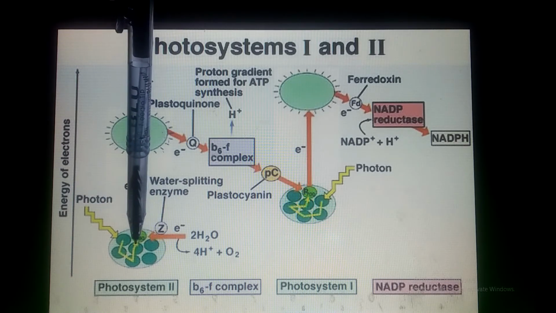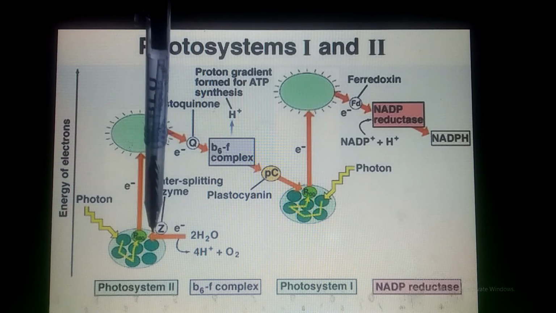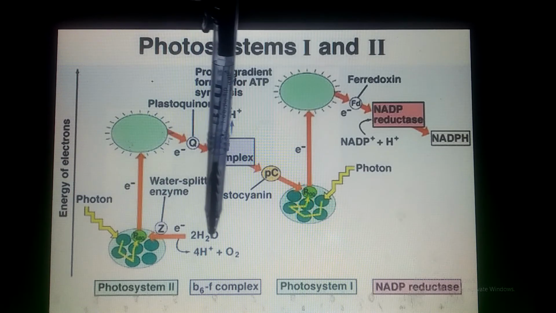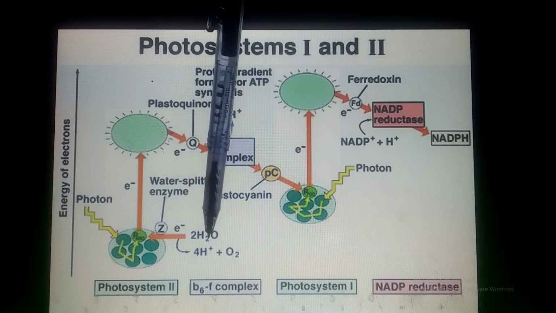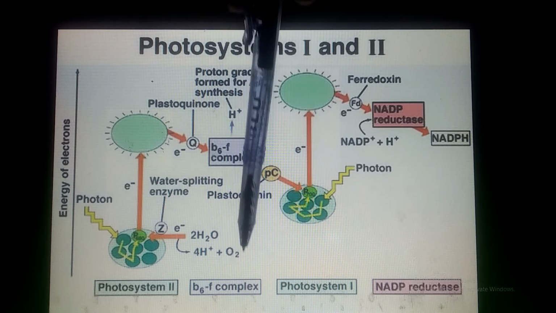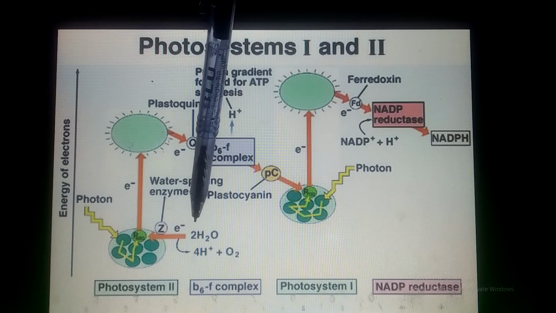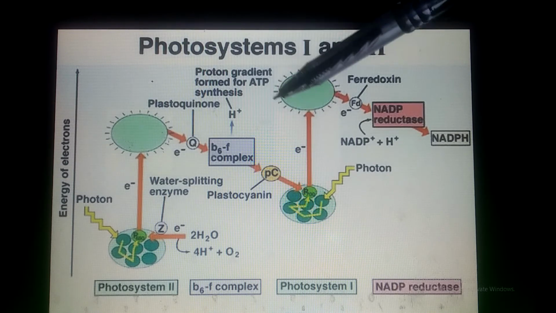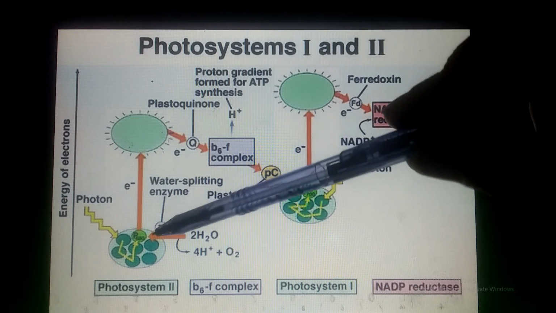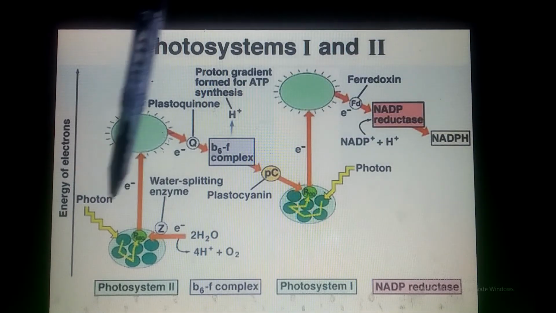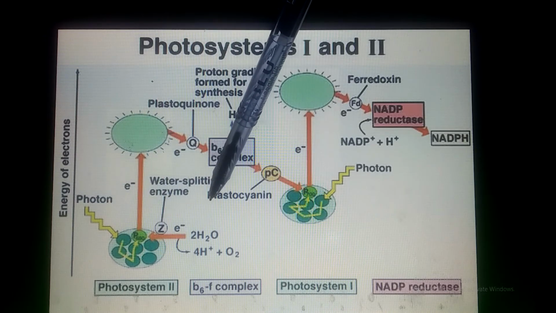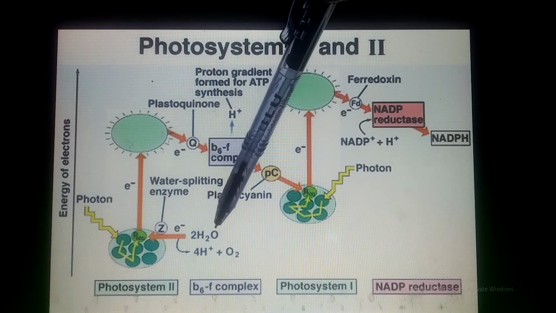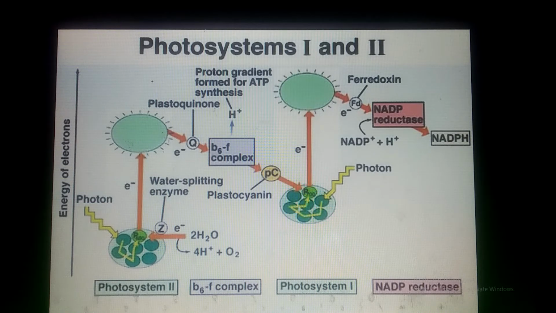then move to the reaction center, and in the reaction center you can see here the photolysis of the water occurs. The water breaks down, two molecules of water break down into one oxygen molecule, 4 electrons and 4 protons. Now these electrons from the high energy, this is the high energy. Now from this high energy, these electrons which are produced as a result of the breakdown of the water